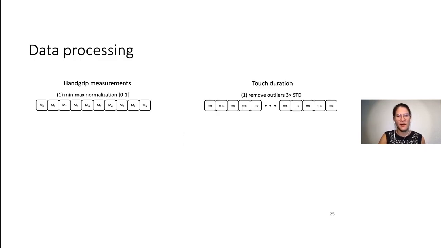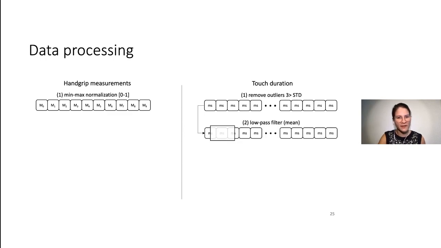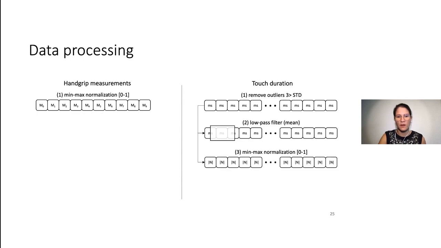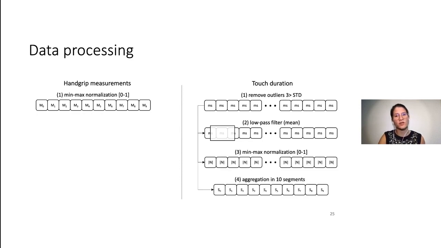For the tapping task, what we did was first to do outlier removal. We did a low pass filter, min-max normalization on the data, and finally we aggregated the data into 10 segments to have comparable data to the